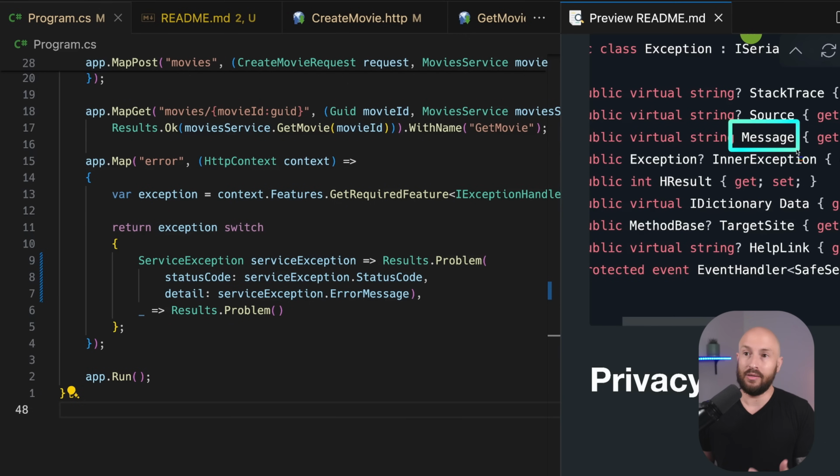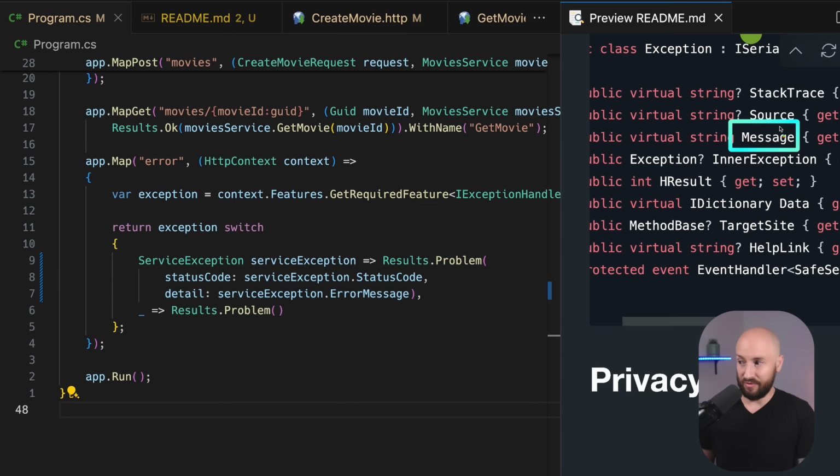And that's because you can't log to the database customer content or end user identifiable information, like for example, their email. Now you may think to yourself, okay, all I need to do is just not put customer content or EUII in the message and I can go ahead and log it safely. Well, that's wrong. A basic example for this is a serialization exception where the exception message says there was an invalid character in position 19, and right next to that, you have the email of the user. So some exceptions you don't control, and these exceptions contain in the exception message customer content, or let's just call it sensitive information in general, that you can't go ahead and log to the database.